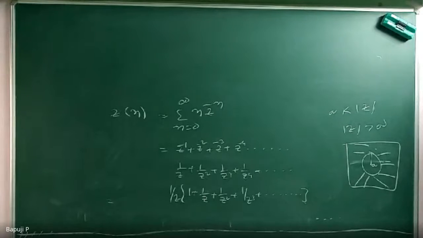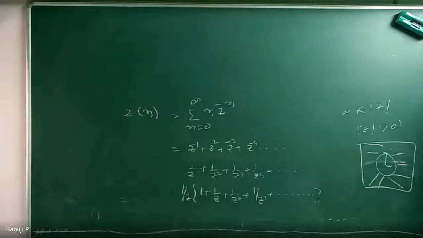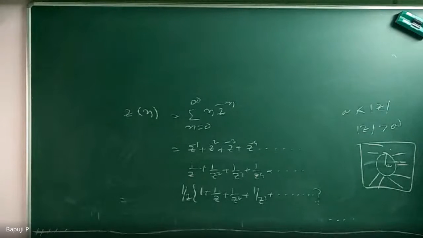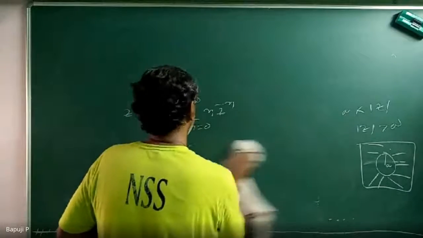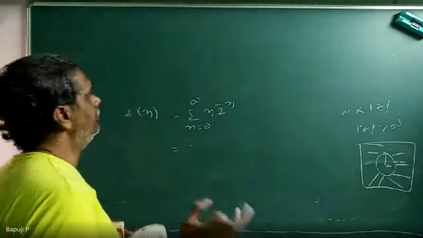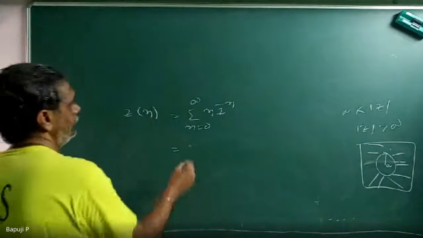Excuse me, sir. You forgot to substitute n, sir. Yes, what will you get? Sir, you didn't substitute n. N value you did not substitute, sir. Oh, right. Good. Yes, then the whole thing collapses. Sorry. Thank you. Correct.